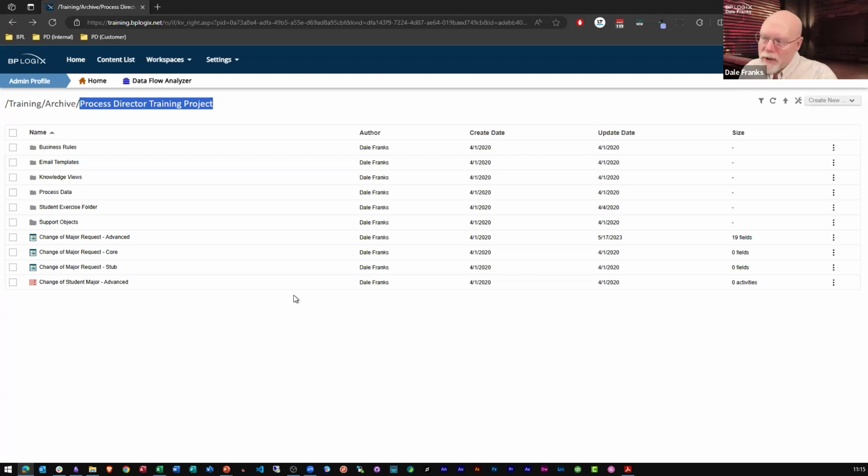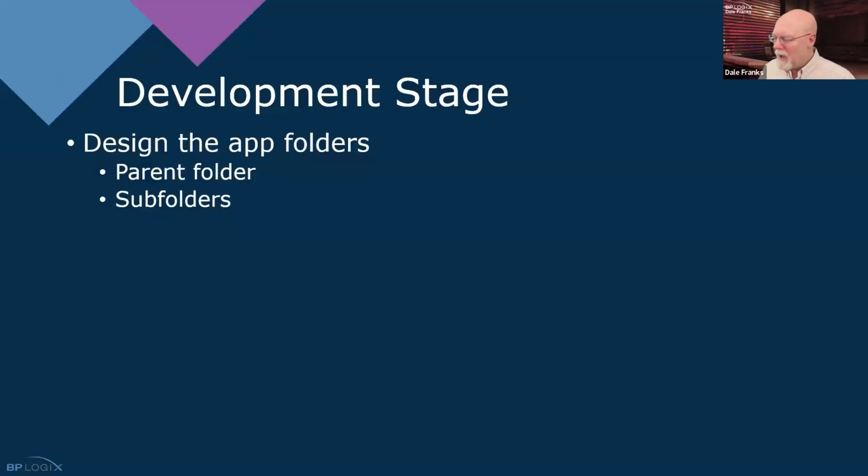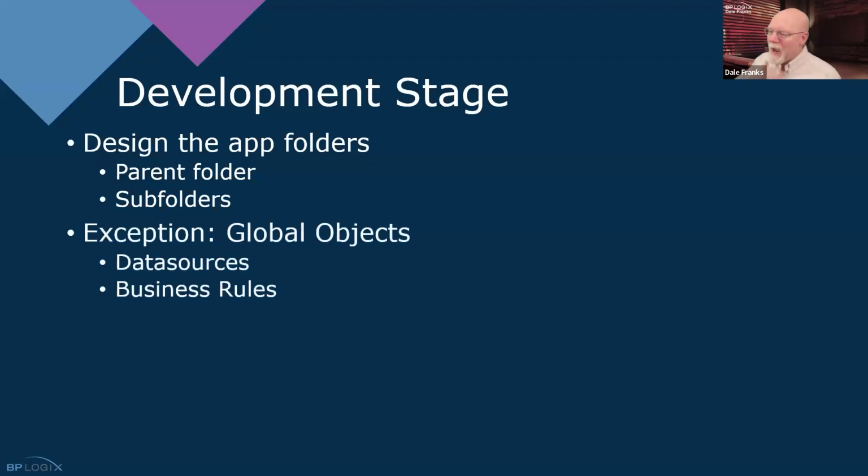But it is a method of organization that makes your life a lot harder. And if you're like me and you're lazy, you want to make your life as easy as possible. And the easiest way of doing that is this level of organization. Now, there is an exception to this type of organization. And that is, we have to figure out if there are any global objects in this application. And if there are, well, we've got to account for those.